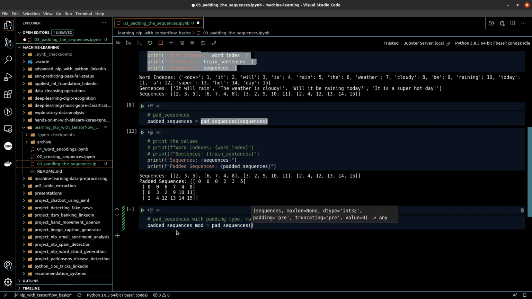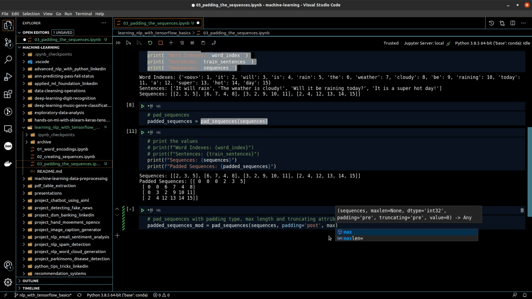This time, of course, we'll pass our sequences, and also we'll pass some more attributes like padding. And as you can see, the default for padding is pre. We will use post. So instead of pre-padding, or adding the padded values to the front as prefix, it will now add the values as suffix. Let's set the max length attribute also to, let's say, 5.